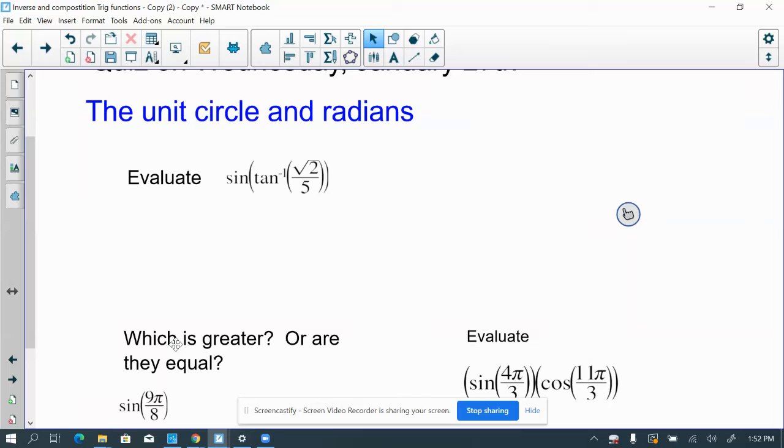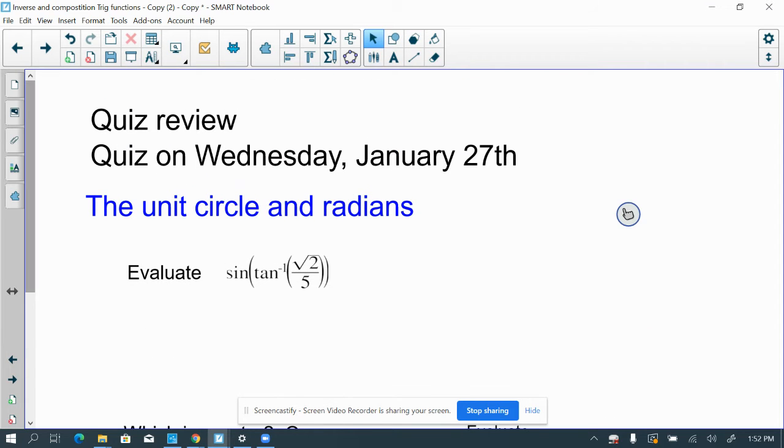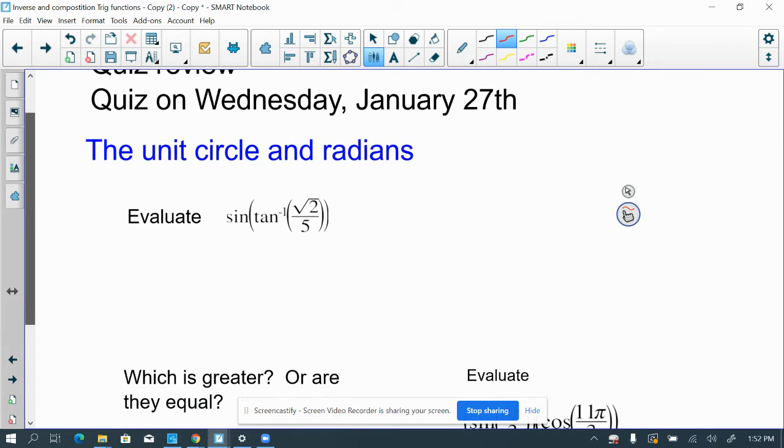Okay, so we're gonna have a quiz tomorrow, tomorrow being Wednesday. Remember, quizzes are just formatives, a way to communicate what's going on and to get some different feedback. I want to go over three problems, but when you're studying for this quiz, I just need you to do the Desmos and then also the Delta Math assignment,